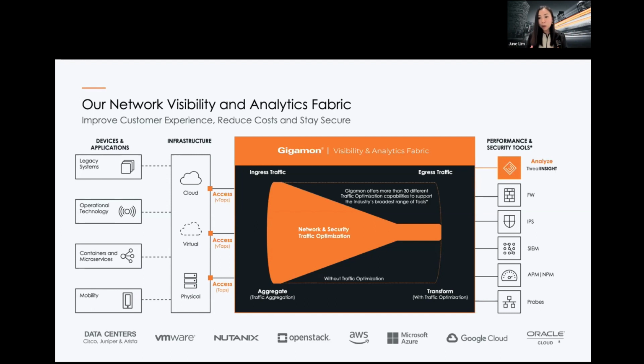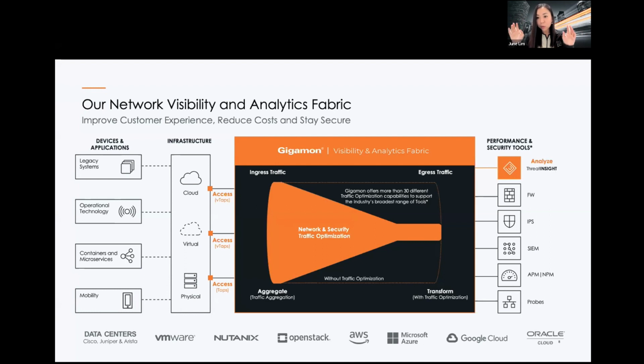All right, so a lot of things that we can do within this solution, whether on the physical side or on the cloud side as well. If your workloads are actually on Amazon or Azure, like what I mentioned just now, same thing. The visibility fabric works in the cloud the same way.